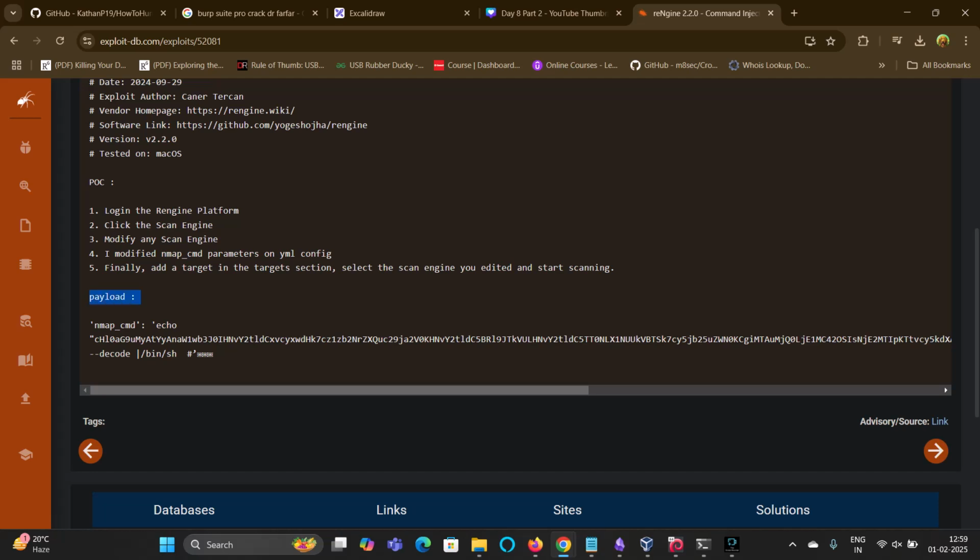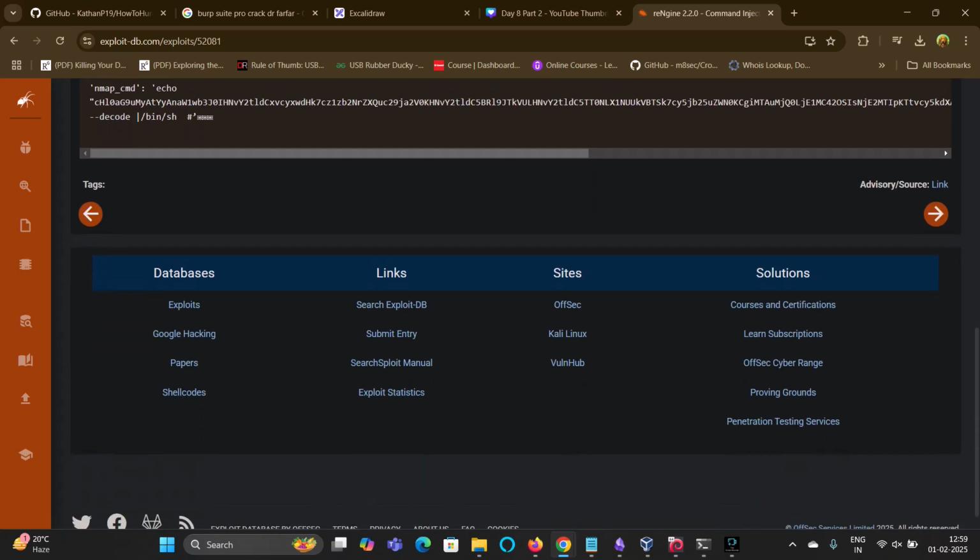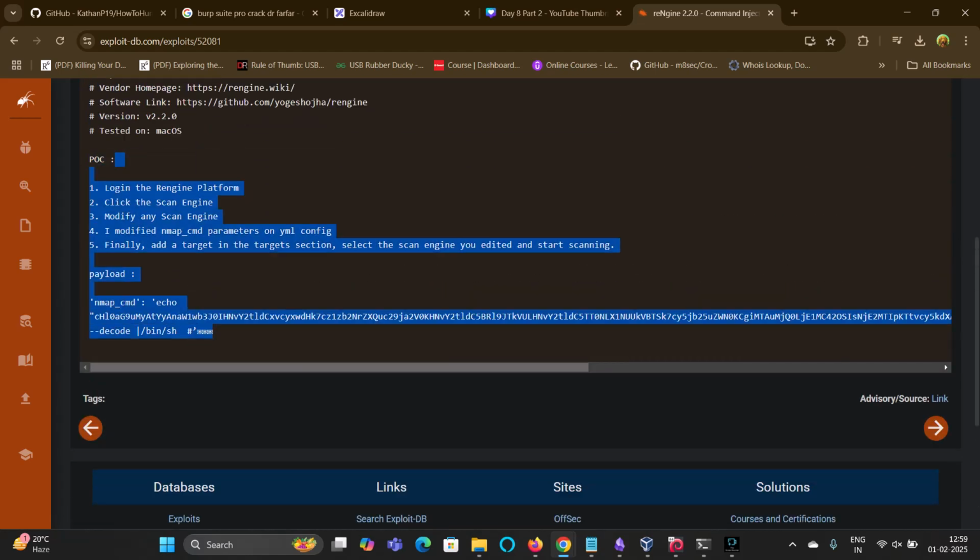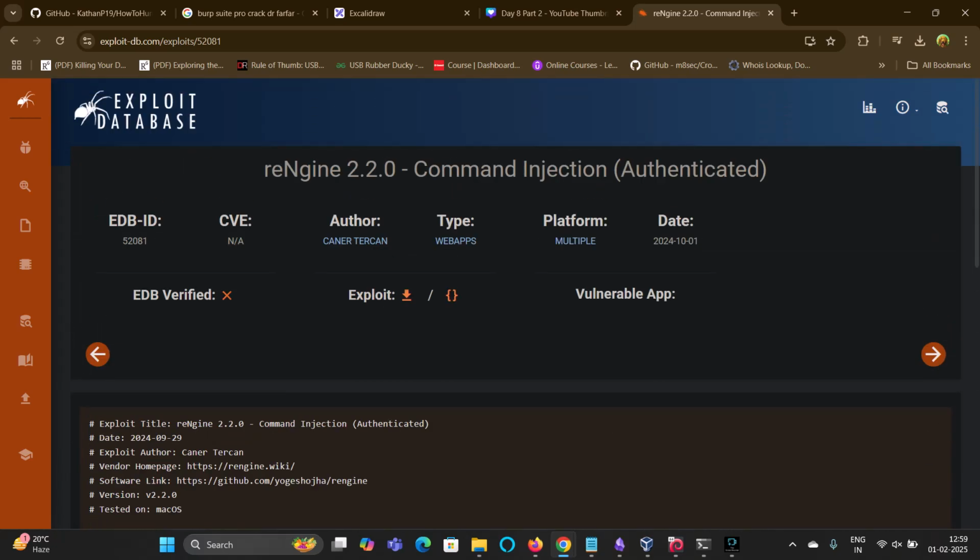You can use this payload and the POCs given as well, and that's how you can run command injection on an authenticated website with the R engine, R engine 2.2.0. If there is a website or web server using this particular service with this version, you can perform command injection on that authenticated system as well.